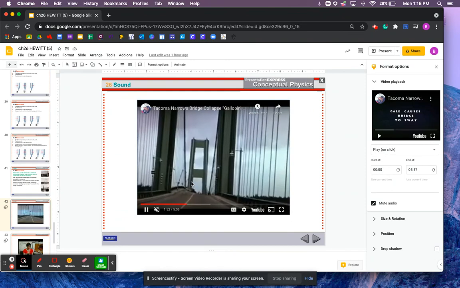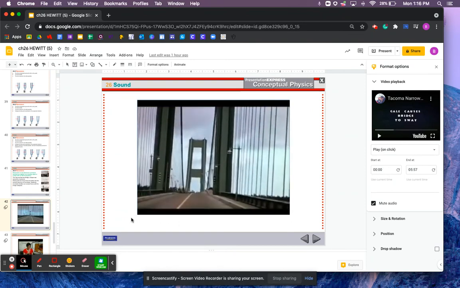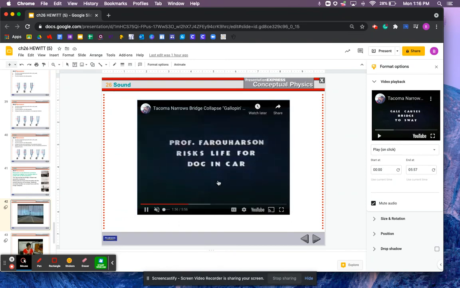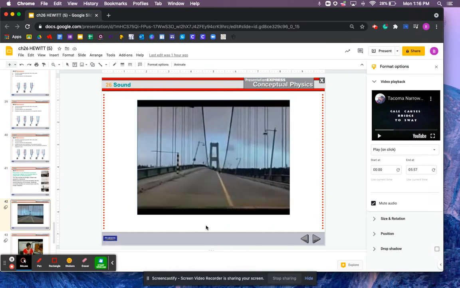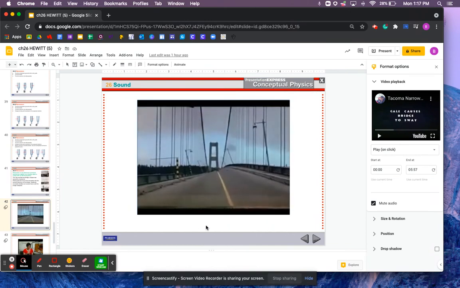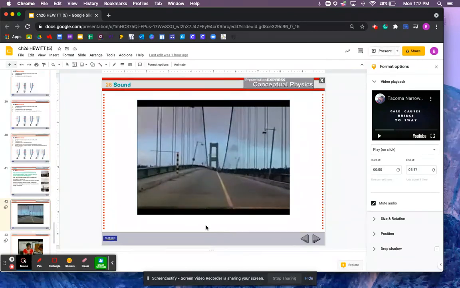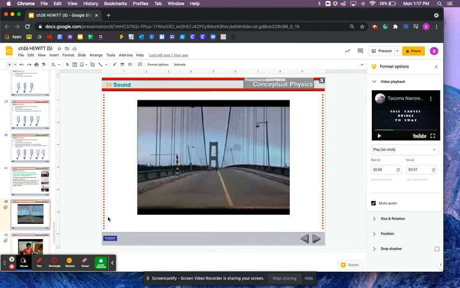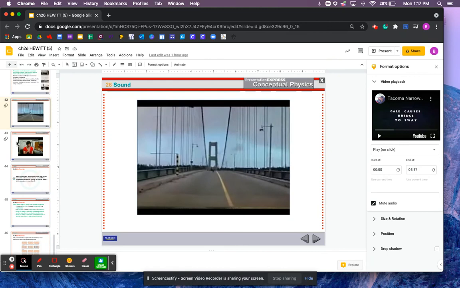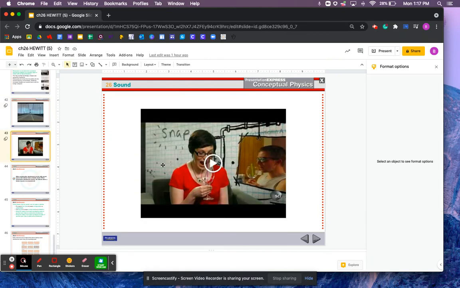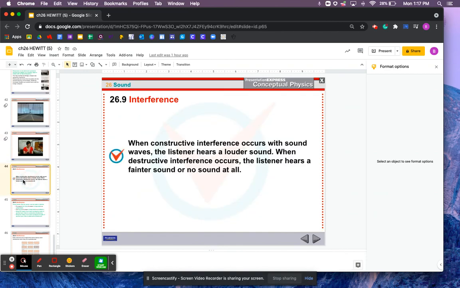However, if you pay attention, there's a little car that's left there. There was a dog in the car. Oh my gosh. Someone tried to go get the dog. The dog wouldn't come. It's crazy, right? It's like that possibly couldn't have happened, but it did. I'm not going to show you this video. I'll post it as something extra for you to watch if you want to. It explains it really well, and it has a really good visual for you to see.